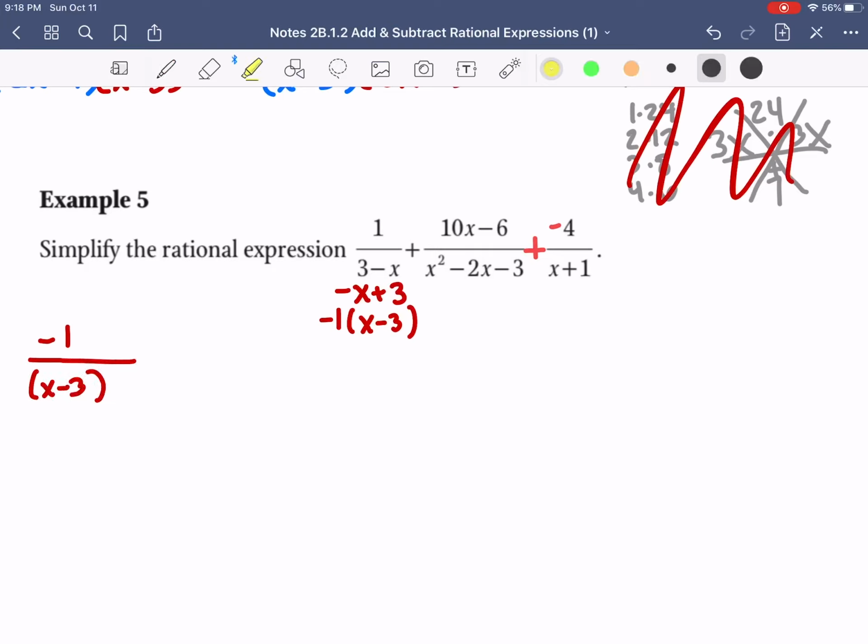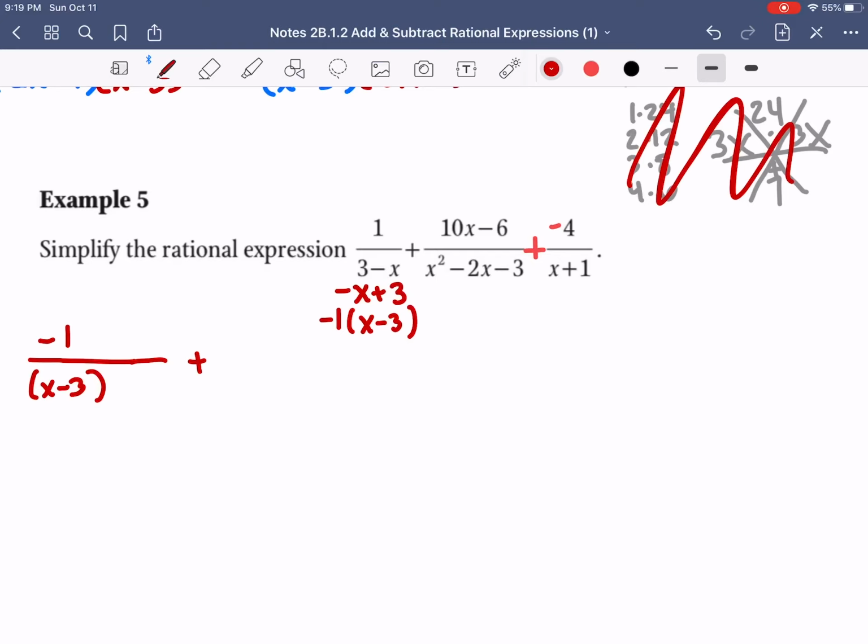I know that seems kind of confusing. So what I did is I switched them around. Okay, I moved the -x into the front and the 3 after. I factored out a -1, right? So that was written in front of x minus 3. You divide the -x by -1, you get positive x. Divide the 3 by -1, you get -3. But since we are just dividing by a -1, I just moved it to the top, like 1 divided by -1. So that's why the top's negative now. Okay, and then plus,